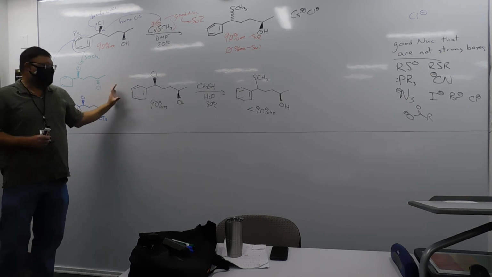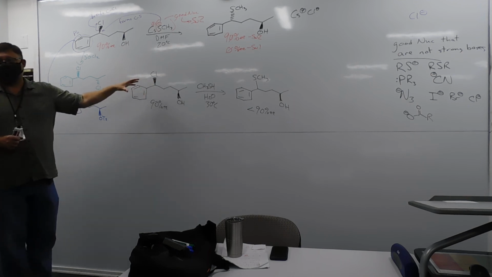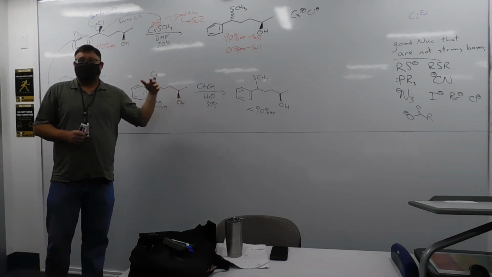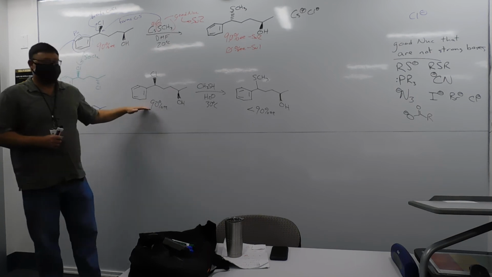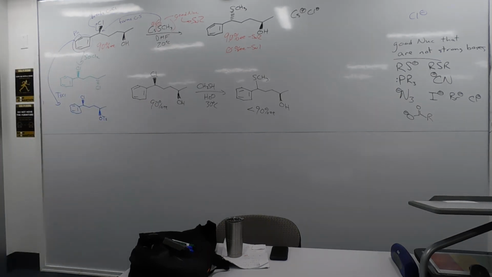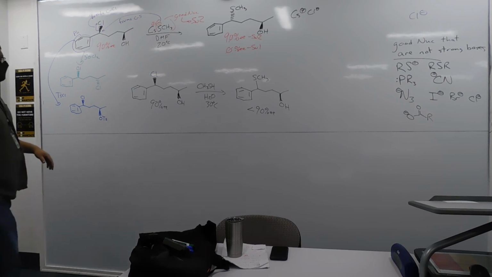This molecule, 90% of the molecules could do SN2, but the other 10% would do SN1. And if that happens, the 90% that does SN2 is going to invert. The 10% that does SN1 is going to give you 50-50. So what it would look like is 95% of the molecules invert, 5% stay the same. And then if I'd done this, I could have presented